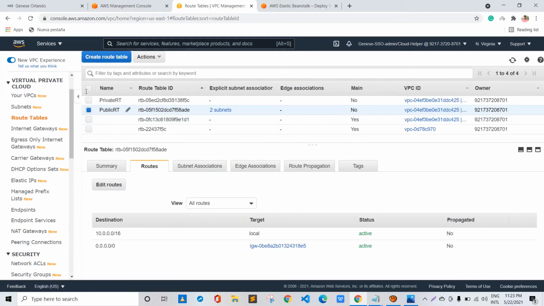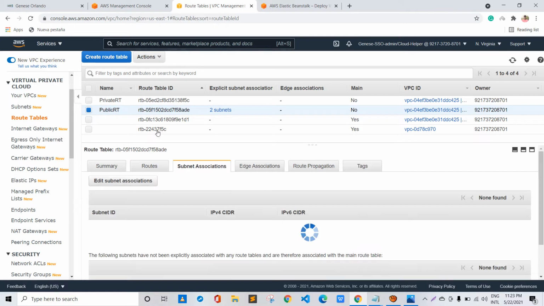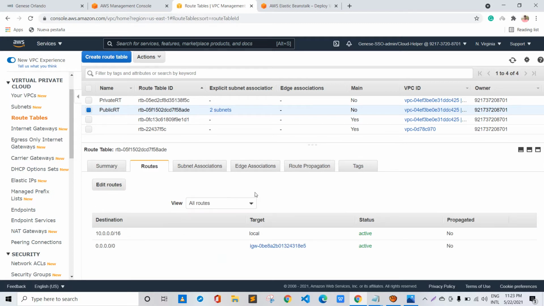So inside our public route table there are two subnets, public 1 and public 2, intended for public use. In the route we have selected the internet gateway, so any servers or EC2 instances created using the public route table will be able to connect to the internet using this internet gateway.